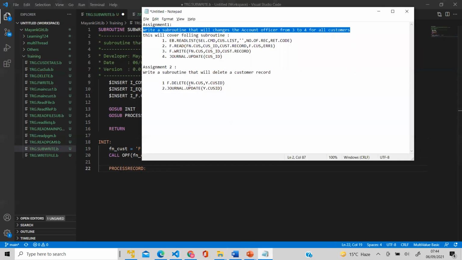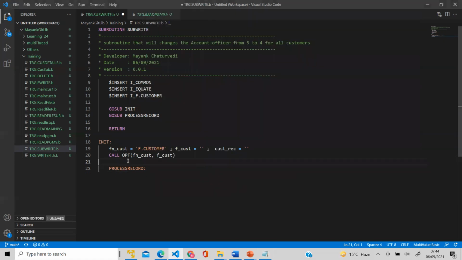So this program will require EB.READLIST. You already know what this does. EB.READLIST has 1, 2, 3, 4, 5 arguments here. The first argument is your select command. So we will have to prepare one select command, which means we will have to write one query here. So select